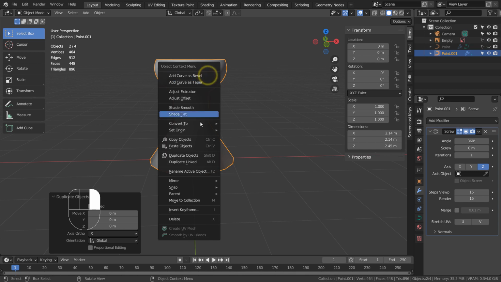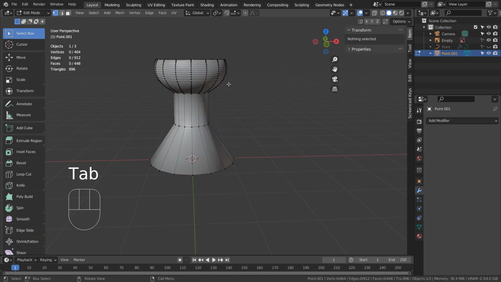Let's convert it to mesh, add some loop cuts with Ctrl+R, and subdivide it.